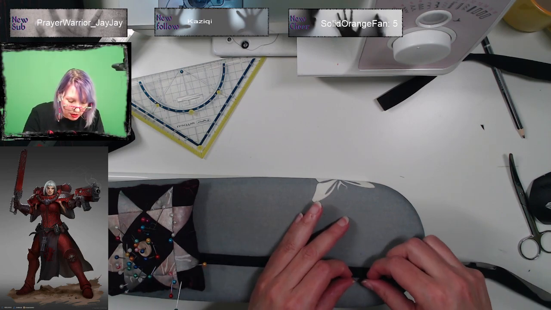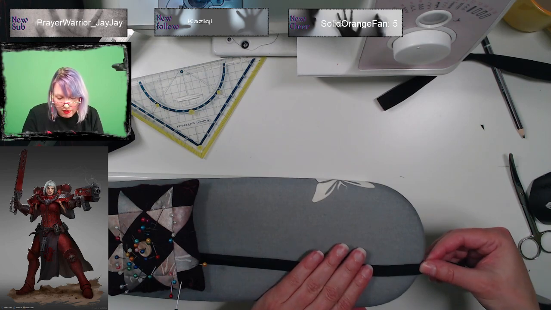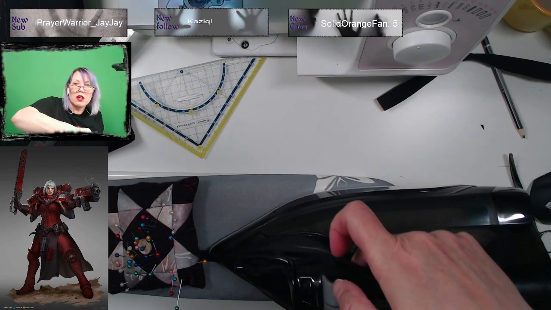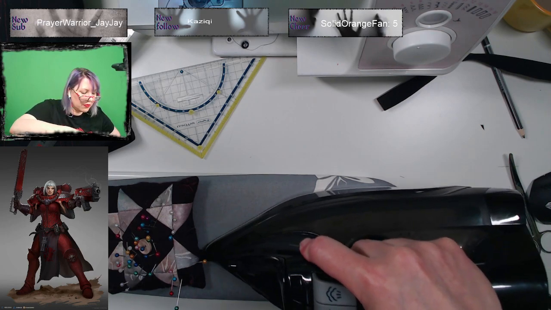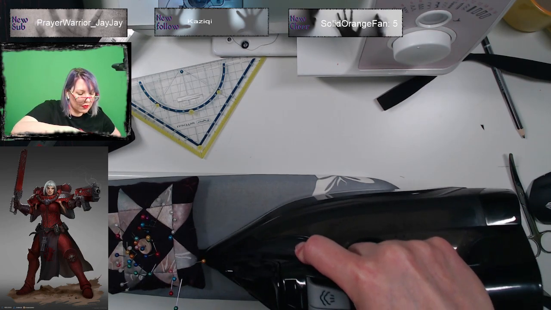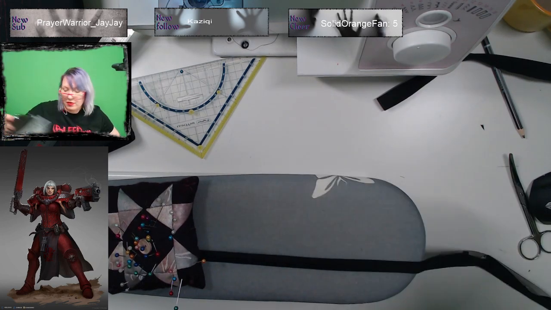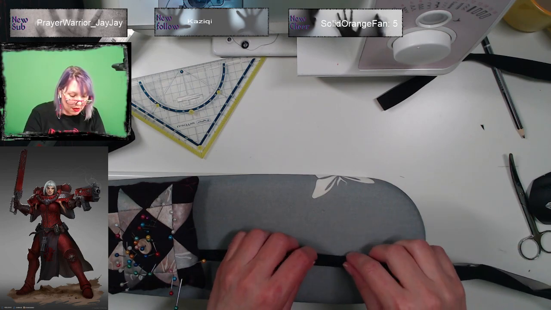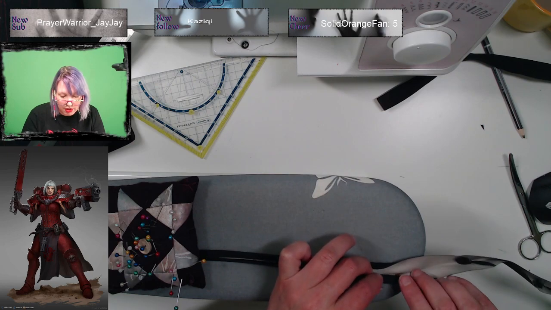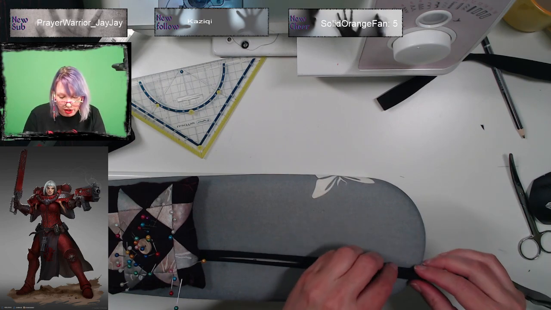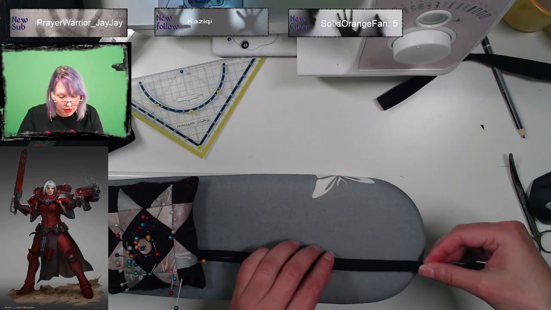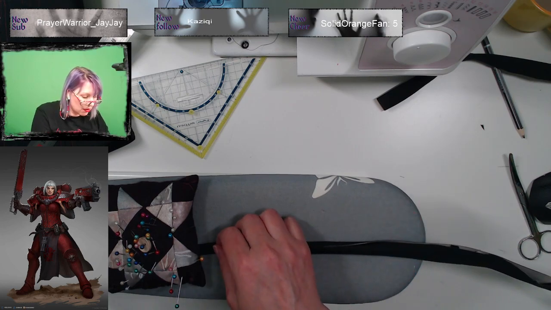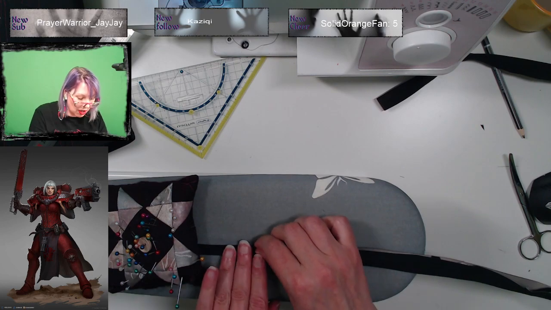Go in. Steam. Underneath the pin cushion so it cools down and it stays in shape. Why do you open? Come on, stay where you are.